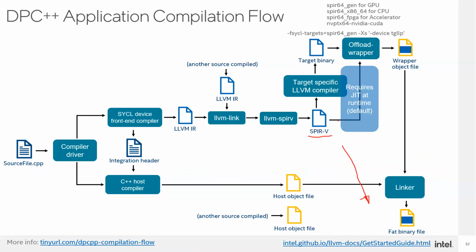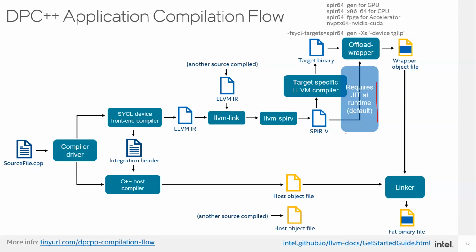Which means if you have SPIR-V inline in your fat binary, you don't have a target instruction set generated by the compiler, and JIT, just-in-time compilation, will be happening at runtime for your kernels, which is very convenient if you don't know on which device you're going to run your device code. It will simply detect what your device is and compile at runtime. This feature is at this moment supported for Intel devices only, so if you use an Intel CPU or an Intel GPU,